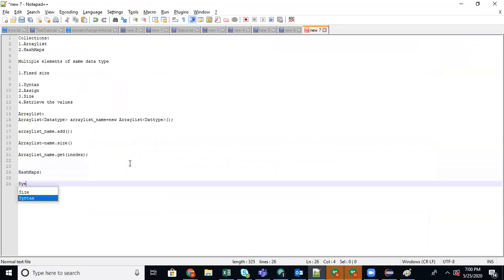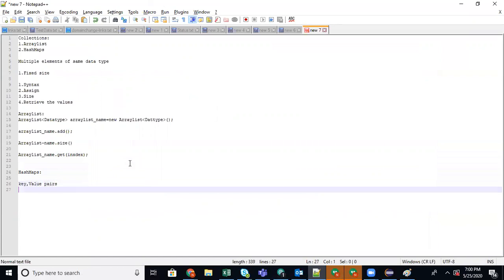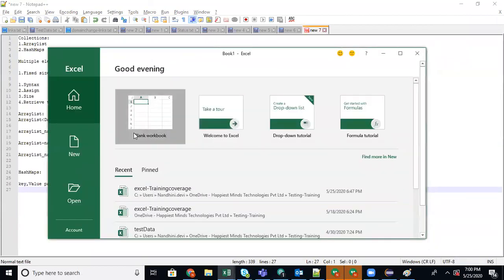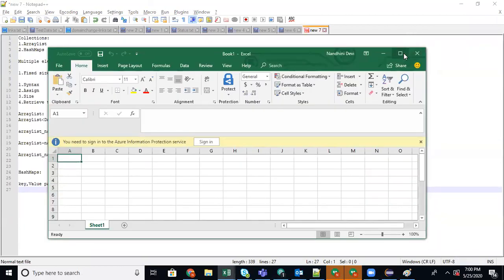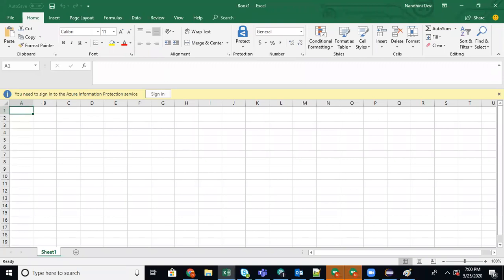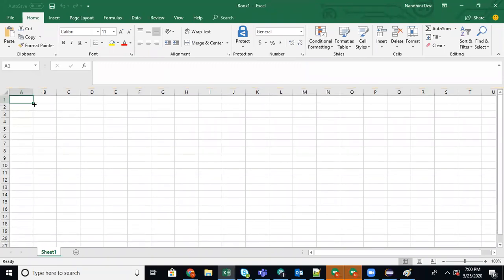First, what is a hash map? A hash map is otherwise called key value pairs. What does that mean? Let me open an Excel sheet. Each one of us in college or school had something called a roll number.